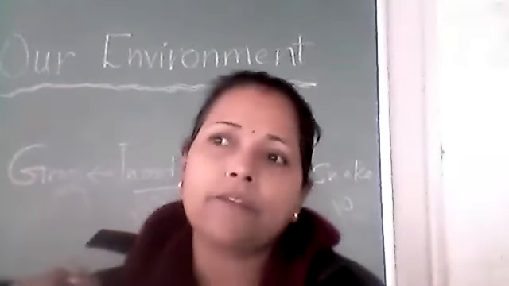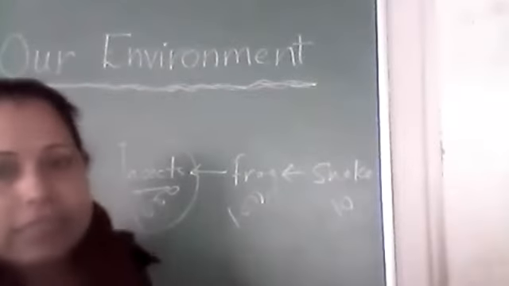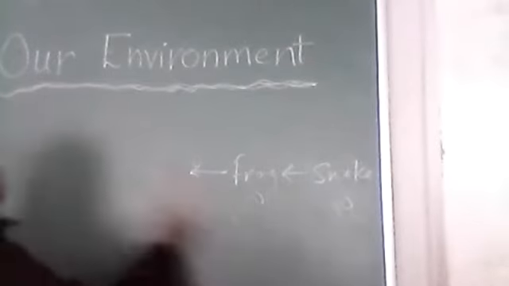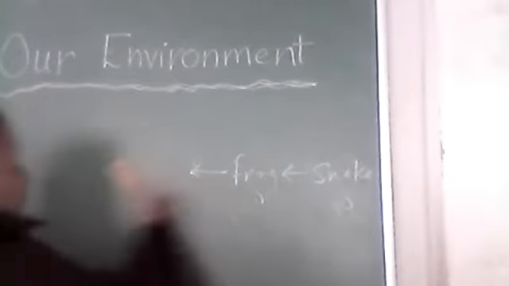Biomagnification I am showing to you people. See here, if we look at the number of animals, the number of insects is more than that of the frog, and if we compare the frog with a snake, then as we move from one trophic level to the next... See, yesterday we were drawing the pyramid. हम लोग pyramid बना रहे थे कल. So when we draw the pyramid of number, ये pyramid of number मैंने draw किया.